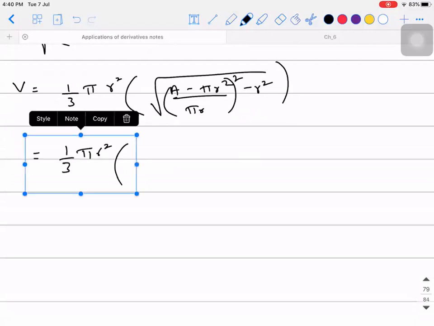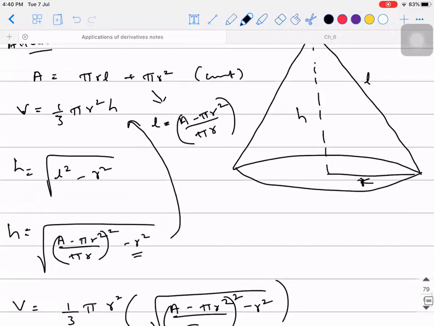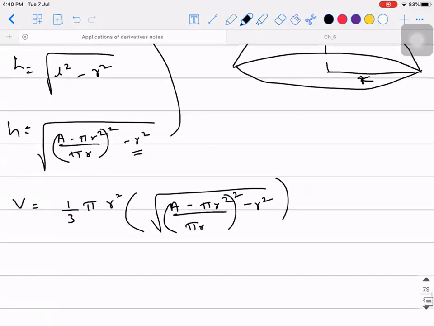Okay. But we should go with either of the methods. This problem is lengthy, that I can confirm. It's not simple. It is because they have given us the total area. Had it been curved surface area, maybe the problem would have been easier for us. Because it's not following a pattern. Here you have R, here you have R square. I'm not able to simplify that. Okay, so that is the issue.